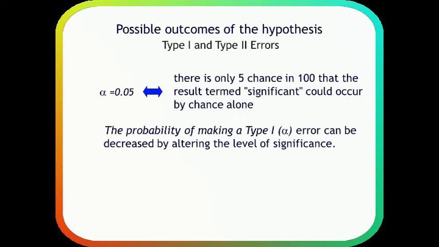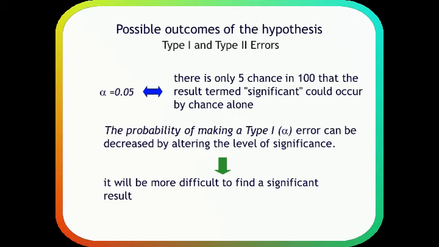So, the chance of making a type 1 error can be reduced. As I said, we try to minimize the errors, right? In order to reduce this probability of making a type 1 error, you can alter the level of significance. As we had discussed earlier, we can have alpha set to 0.05, 0.01, 0.001, and the smaller the number, the greater is our chance that we make a correct conclusion. What is important, however, is that by reducing the level of significance, we will find it more and more difficult to find a significant result. And that is why the risk of a type 2 error will be increased.